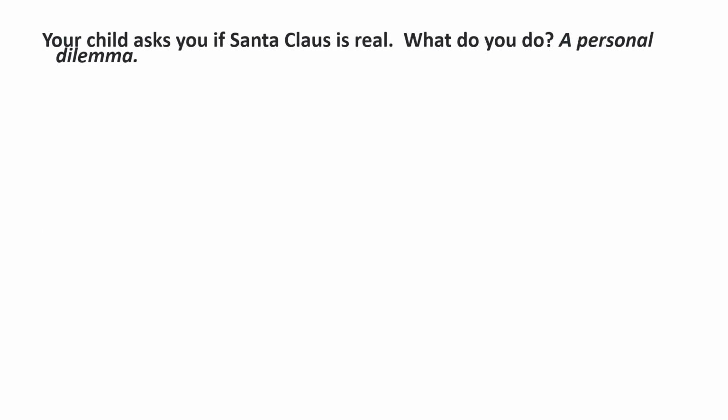So I've provided a personal scenario before we start looking at some of the professional scenarios that may occur. And this is something that happens so frequently, and people really struggle with this on a personal level because it raises a lot of different examples of maybe what we went through growing up or what we've watched other family members go through, etc. So let's just look at this personal situation.